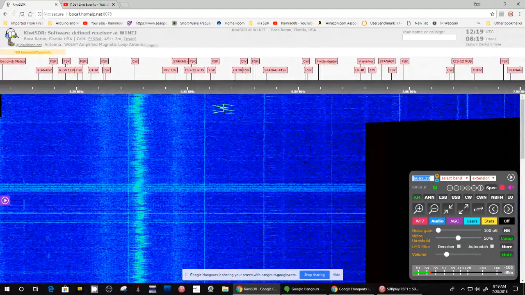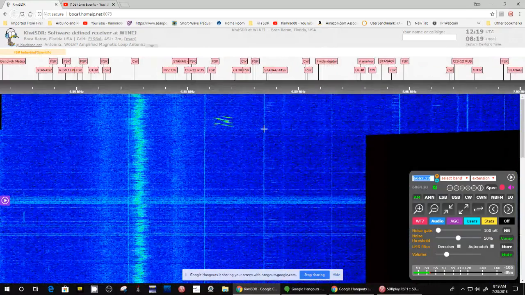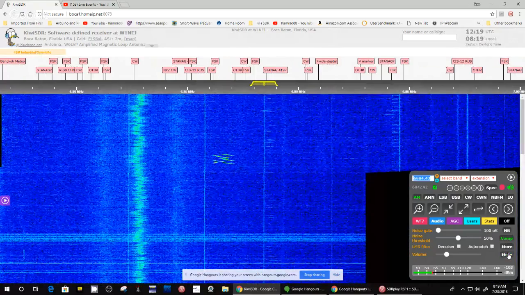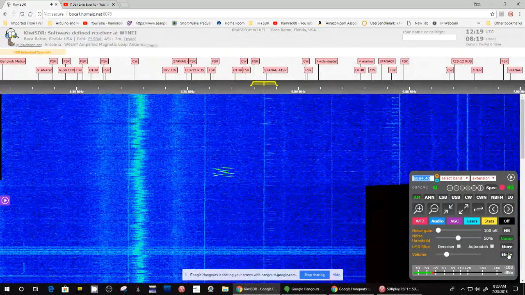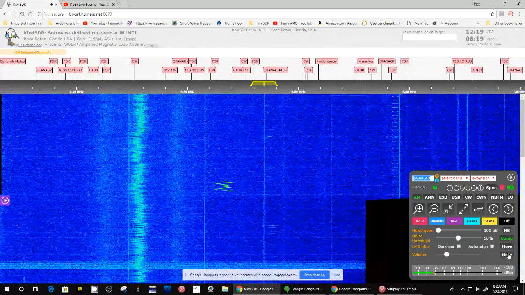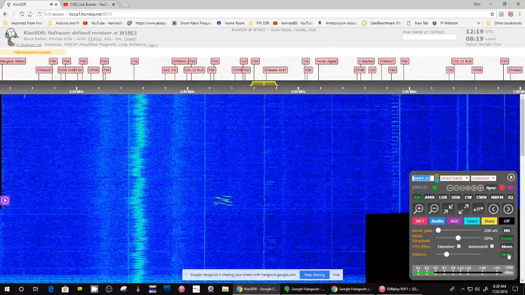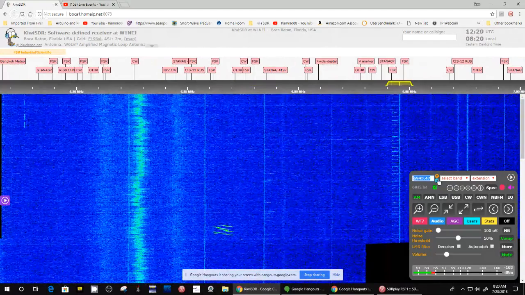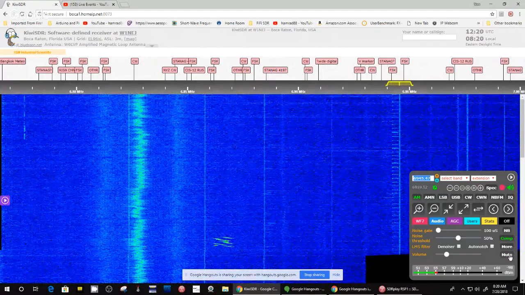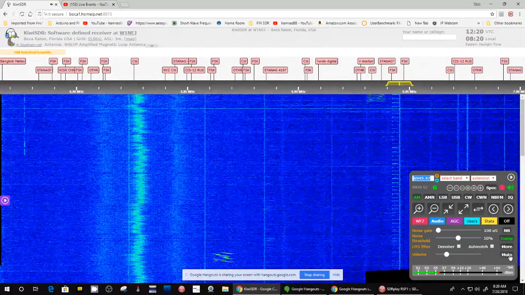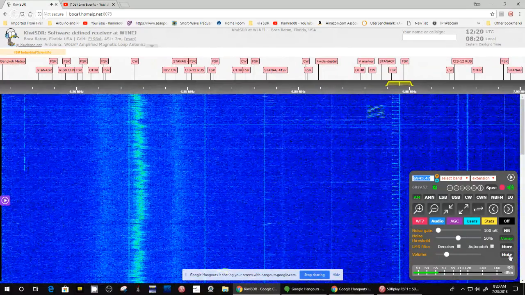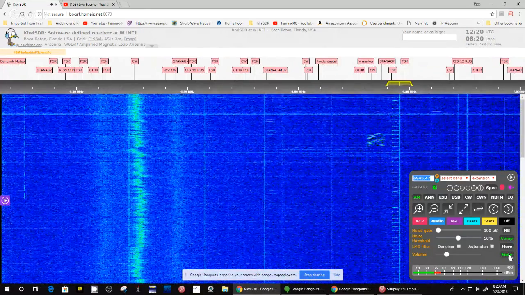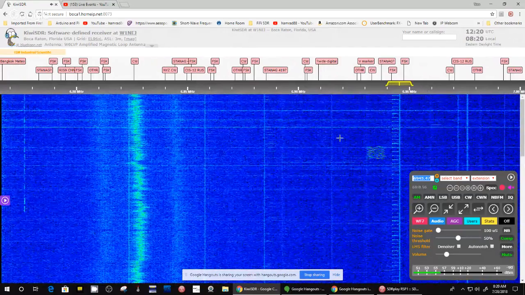Whoa, there's a big burst of something. Let's see what this is. Nope, just noise. This is an interesting signal. This has got to be data. Okay, that's not very exciting.